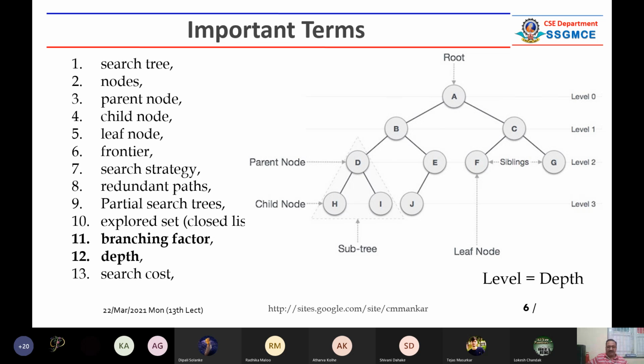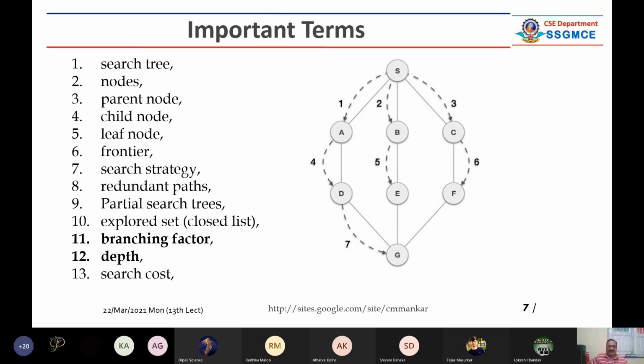So some terms are there. I hope you got them. You understood what is a subtree, what is a child node, what is a leaf node, what is a parent, what is a root. Root means the main node from which a complete tree is generated. In a good book you will get the definition of all these terms.